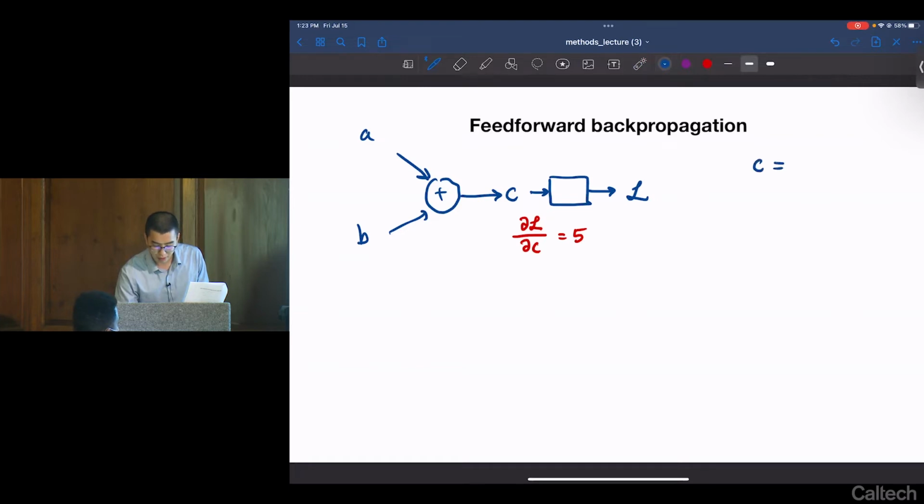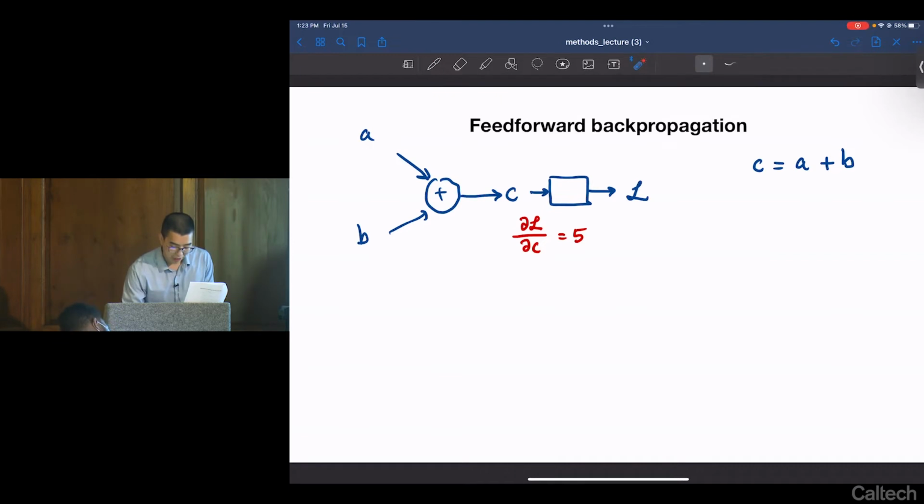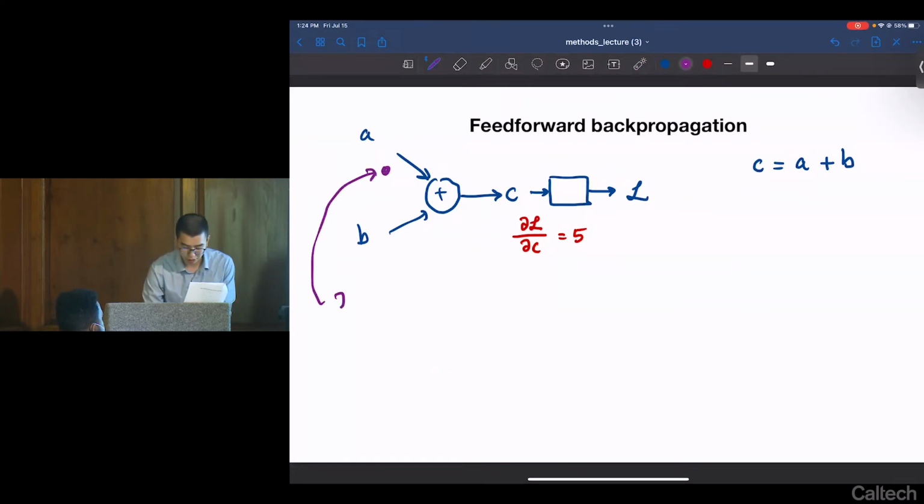So forward propagation would be C equals A plus B. And then backwards propagation would be take DLDC and compute DLDA and DLDB. Right? How do we do that? It's via the application of the chain rule. So if I want to backpropagate from DLDC to DLDA, so if I want to calculate the gradient at this node, which we'll call DLDA,